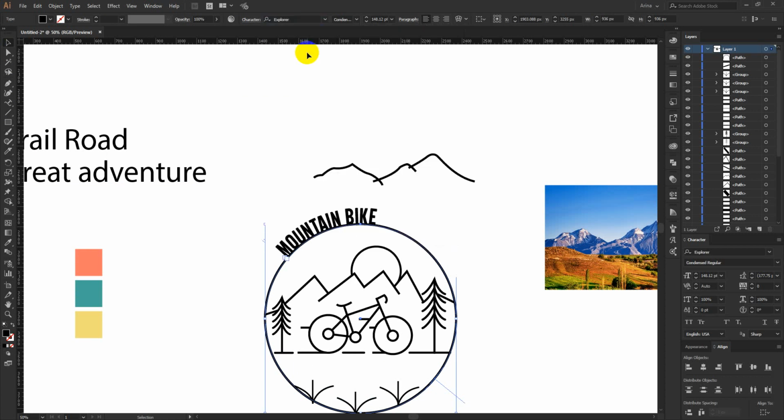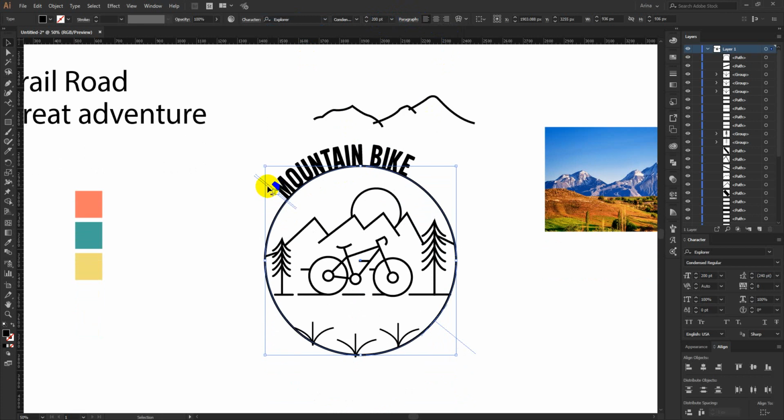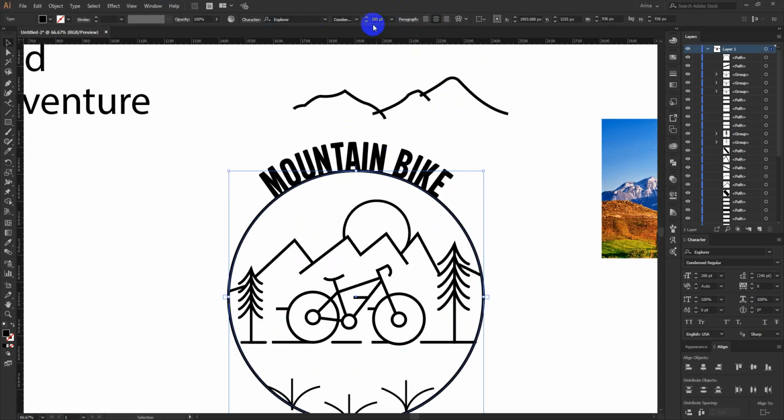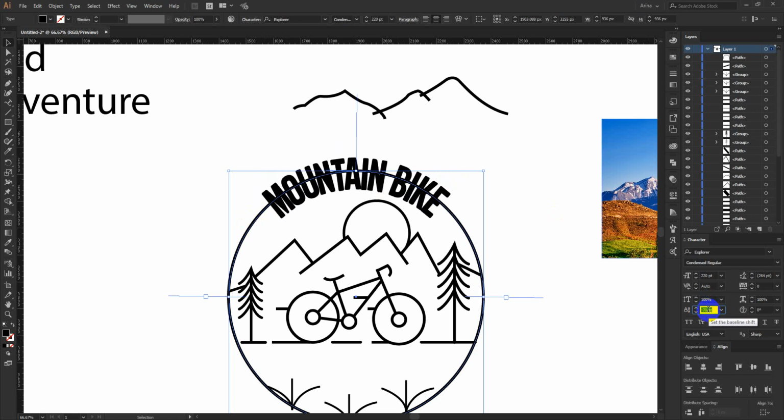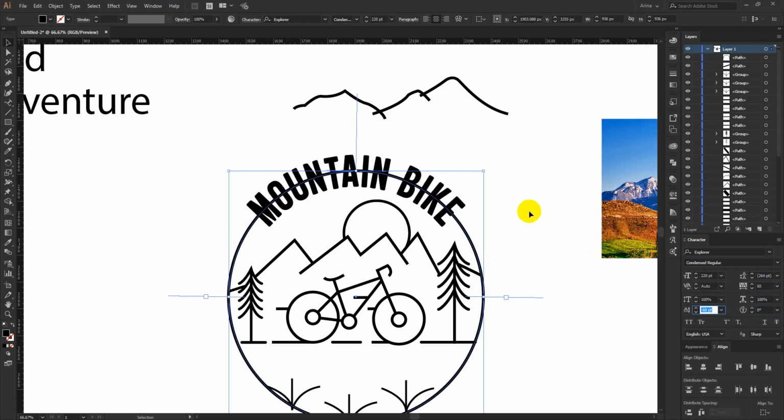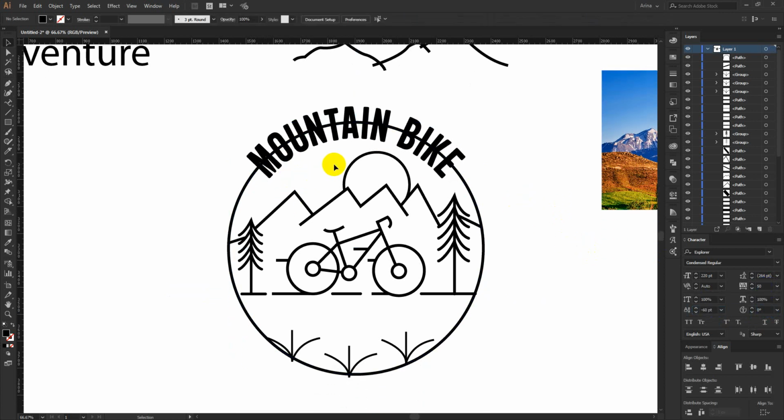I am going to use my Explorer font here, but for this one here I am going to make this text center point align with this ellipse, and for that one I just need to decrease their base point from here, just like this. Maybe space them a bit. Yeah, that is what I wanted.